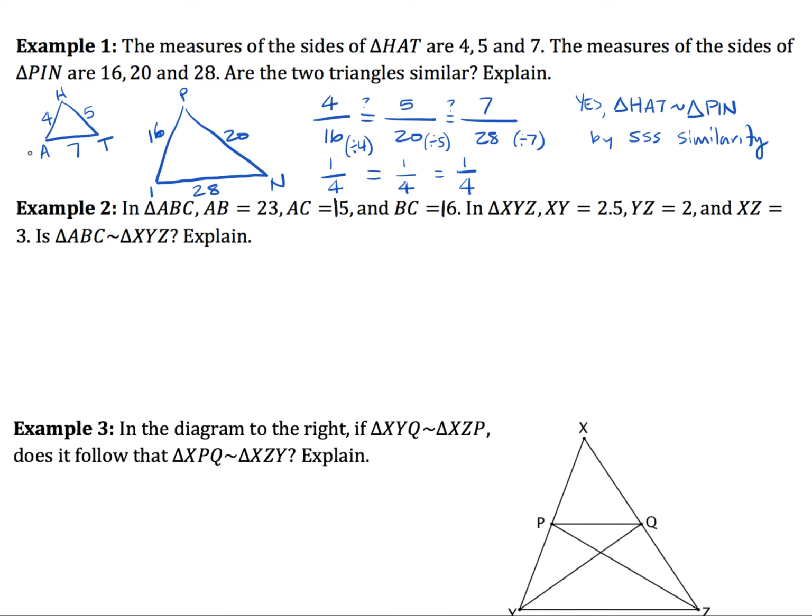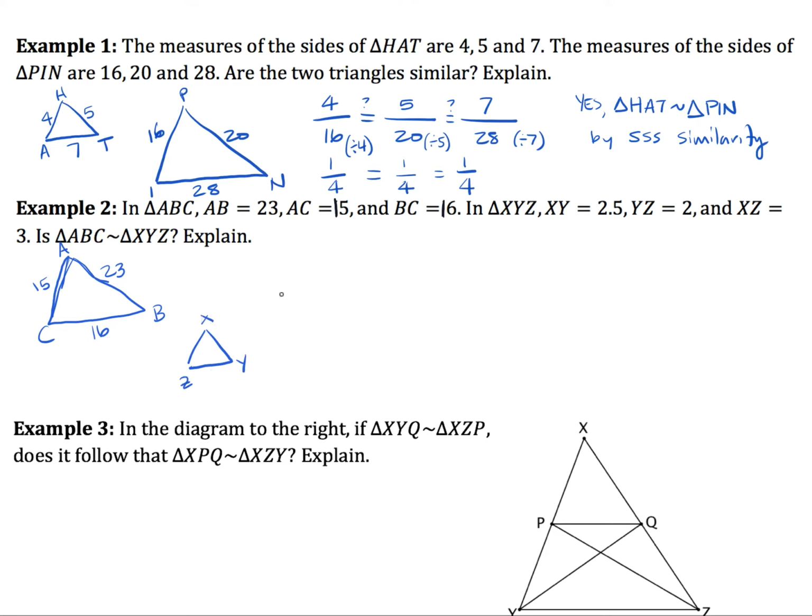So then what we want to do is try and check, since I don't have anything about angle measures here, side, side, side similarity again. First, let's sketch out our two triangles. Triangle ABC. My triangle here doesn't have very straight sides, but you get the idea. It doesn't have to look perfect. So triangle ABC has a side length of 23 for AB, a side length of 15 for AC, and a side length of 16 for BC. So those are my three sides of triangle ABC, and I'm checking, is it similar to triangle XYZ, which we can sketch out right here,